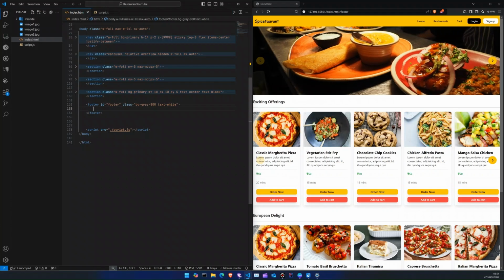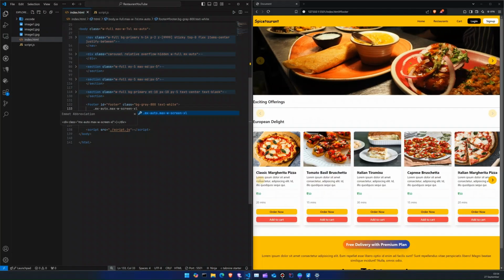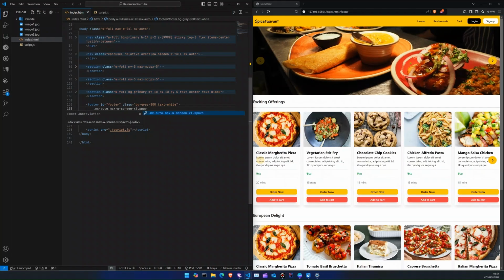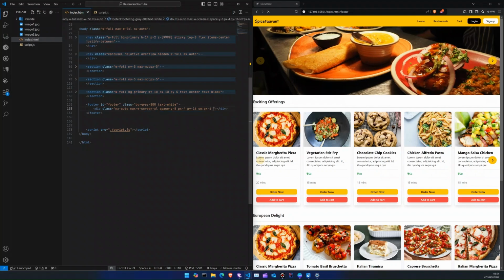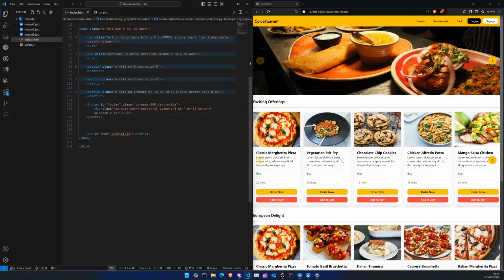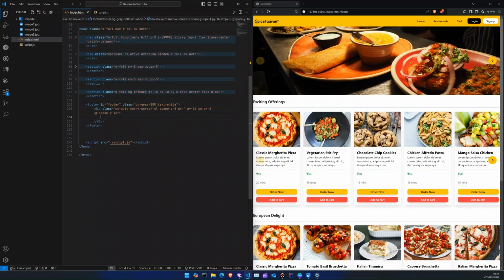Now what I want to do is add another div tag: mx-auto, max-w-screen-xl, space-y-8, px-4, py-16, and for small devices px-6, and for larger devices space-y-16. Okay, now another div tag